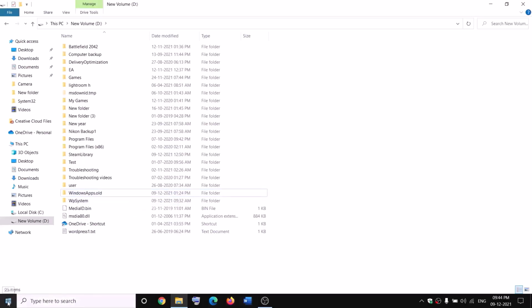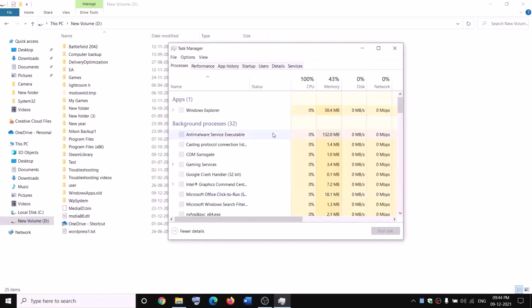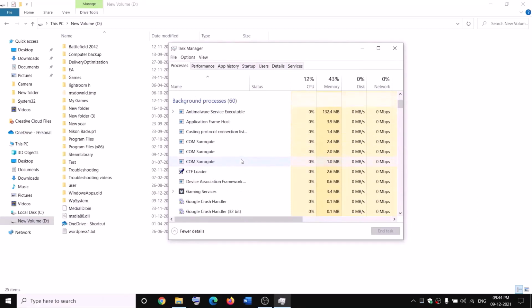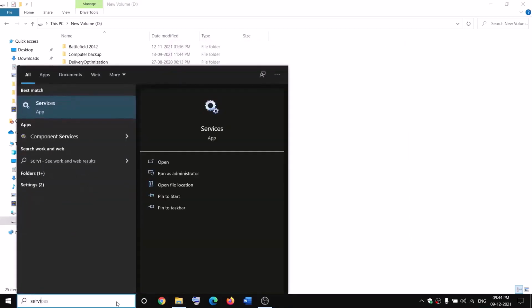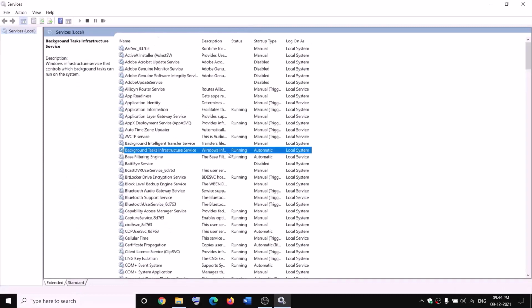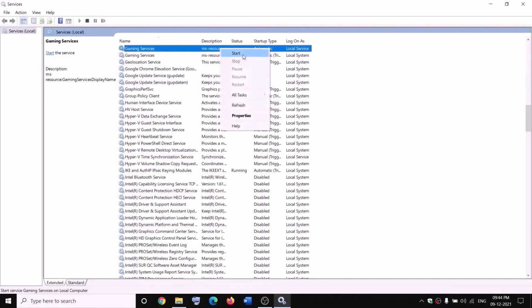open Task Manager on your computer, make a right click on the start menu, click on Task Manager. Now if you find gaming services, make a right click and then click on end task, and also open services over here and then go to services and find gaming services, make a right click on gaming services, click on stop. So in my case